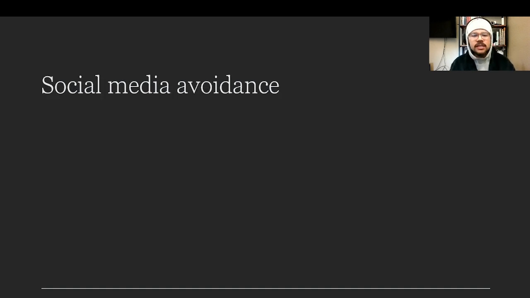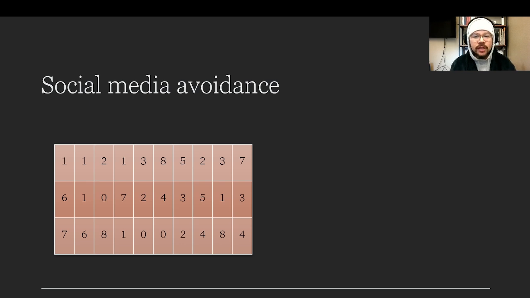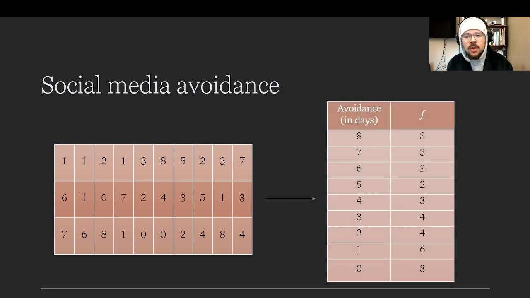So let's kind of expand on this idea of social media avoidance in terms of what it would look like to convert this raw data into a table. And so this table that I have here is the same data set that I presented on the previous slide. But now here's what happens when we take this data and we transform it into what's called a frequency table. We have now reorganized,